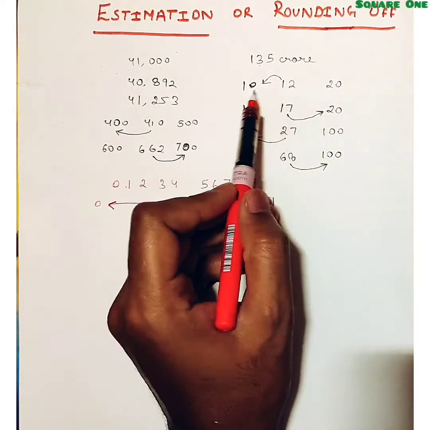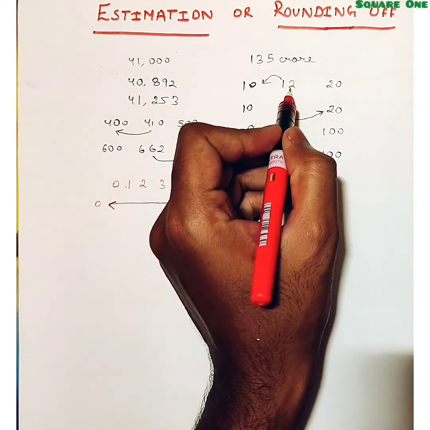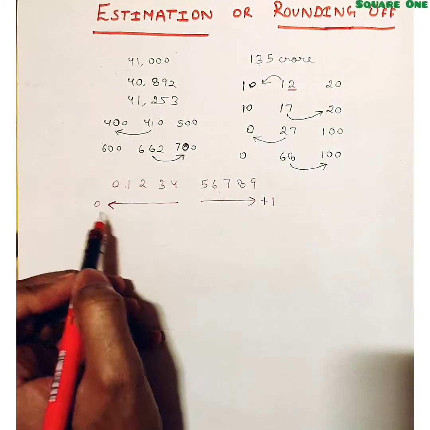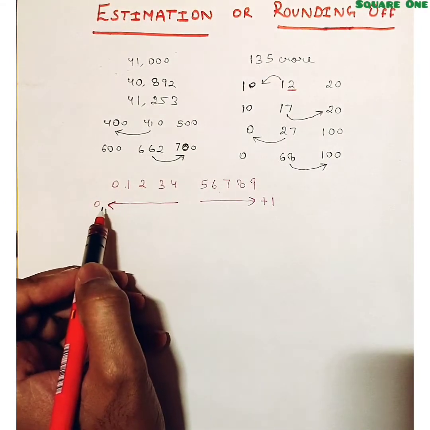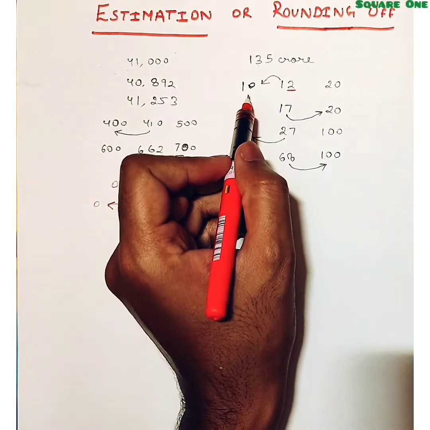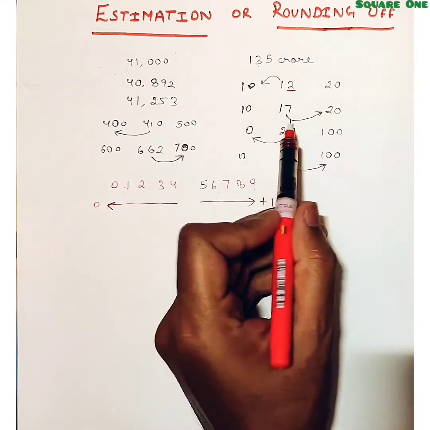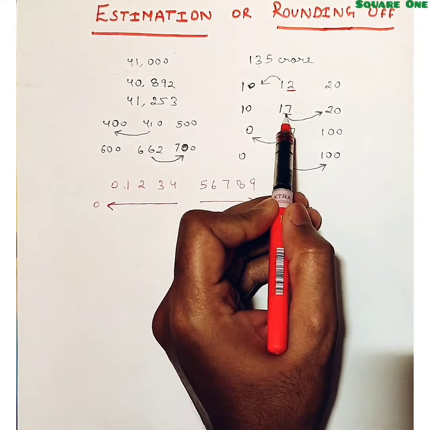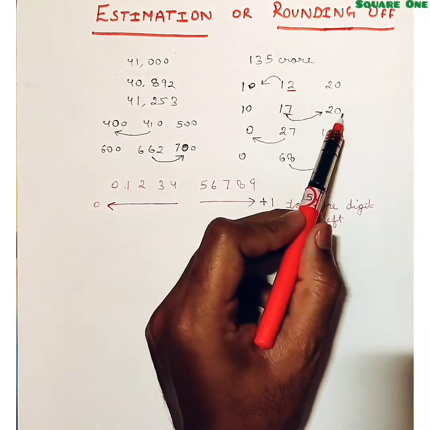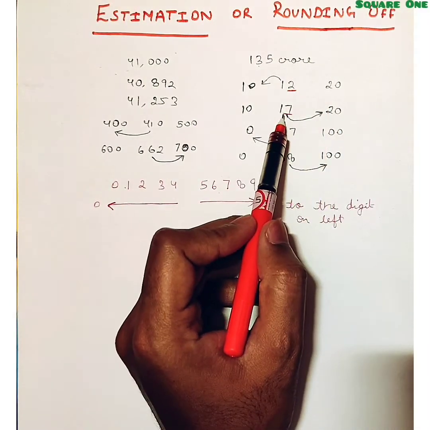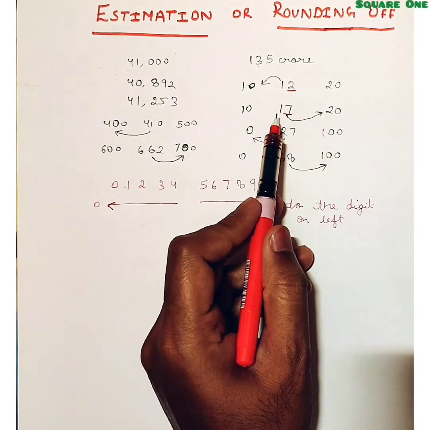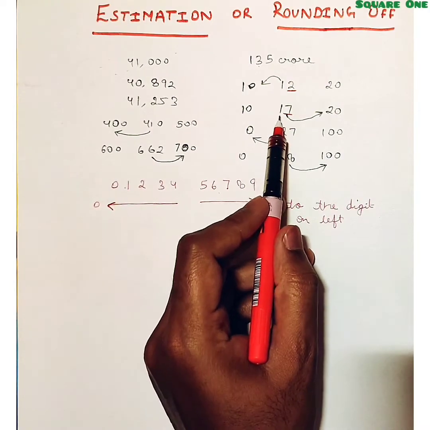Suppose the example is 12 and we have to round it off. Here we have to round off this 2. So by the rule, 2 is rounded off to 0. So 2 becomes 0 and the number we get after rounding off is 10. If it was 17, here the digit is 7. We add 1 to the digit on the left. So what do you do here? You convert the 7 into 0 and add 1 to the digit on the left. So it becomes 20. So 17 is rounded off to 20. Here we have added 1 to the digit on the left, which was already 1.